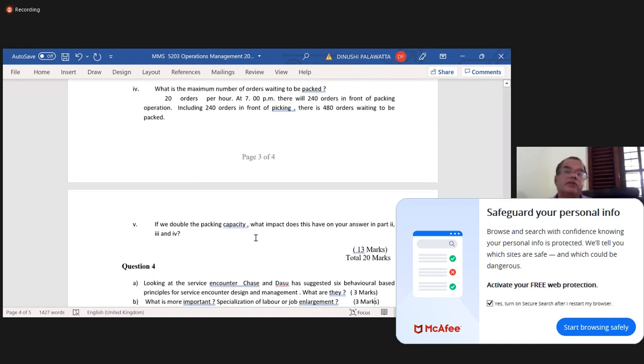And then if we double the capacity, what impact does this have on the answers in parts 2, 3 and 4? If we double the packing capacity,